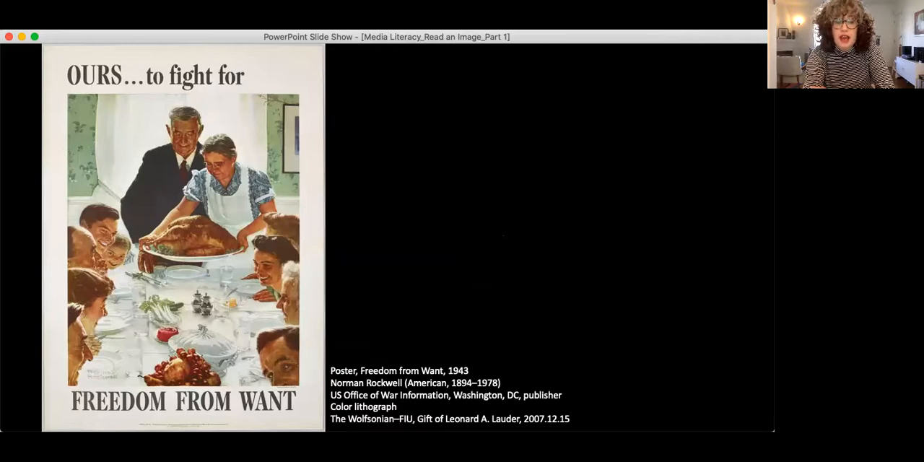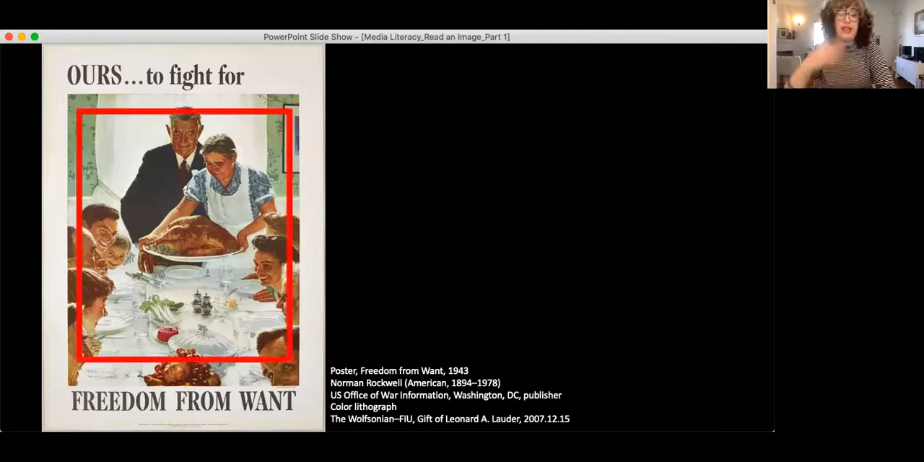So this is a poster. It's designed by Norman Rockwell, and it really invites you to focus on the main message and then the limited text. So here we see a Thanksgiving meal with a family and abundant food, and then we read the text. It says, "Ours to fight for freedom from want." And so you could start with the image and then go to the text, and that's like a really simple 1-2 process. Interestingly, this poster was designed as part of a series made for the Office of War Information during